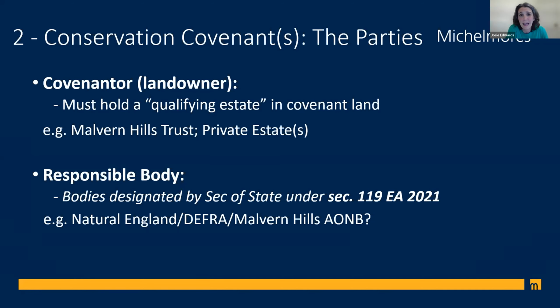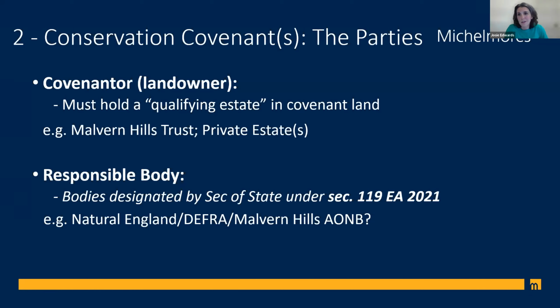But conservation covenants can clearly be created in relation to common land, but of course, as Lyndsey alluded to at the start, they will be subject to the registered common rights that affect that land. All of those common rights will have to be considered before the covenant is entered into, and the covenant terms must be compatible with those rights. Landowners are going to have to be confident that they can comply with the terms of the conservation covenant, and its delivery won't be jeopardised by the commons rights, which is something I'll consider in a bit more detail below. And likewise, all of the existing statutory designations or protections, whether that be AONB or SSSIs, will need to be considered. The terms of the covenant will have to reflect those designations.